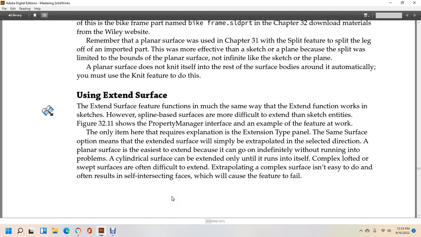And then it shows the surface being extended with an arrow. The extend surface feature works much the same way as the extend function. However, spline-based surfaces are more difficult to extend. Figure 32-11 shows an example of the property manager interface for the feature. The only item that requires explanation is the extension type, where the same surface option means the extended surface will be simply extrapolated